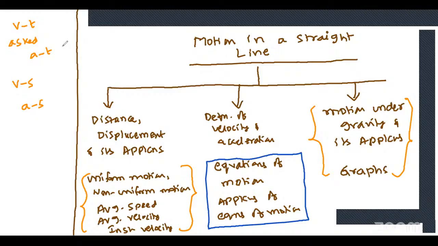This session is a complete 1.5 hours. It is on the quick revision of motion in a straight line. Tomorrow class will start problems. First it is distance, and you can observe in this one,